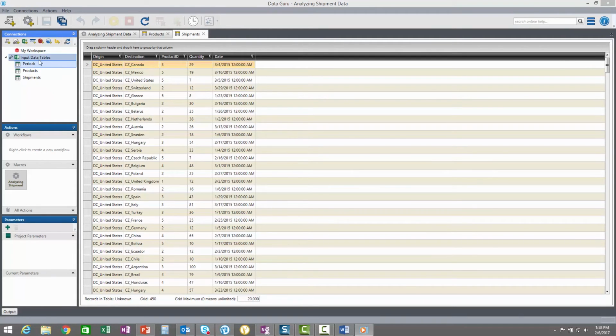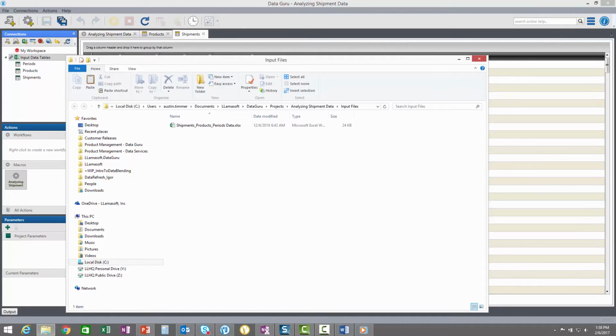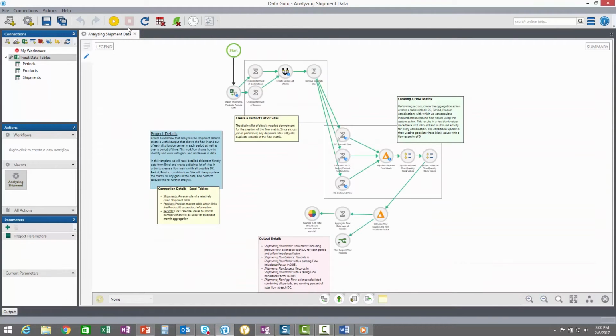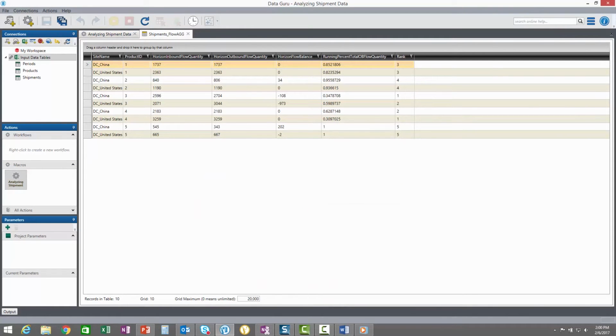We can also open up the directory to view and edit the data files directly. Along with exploring the work surface and source data, we can execute this macro from end to end. After execution, we can now explore some of the output data. As we mentioned before, we can explore and use this template project as a learning tool. But better yet, you can replace the data with your own shipment data to analyze the flow imbalance at your